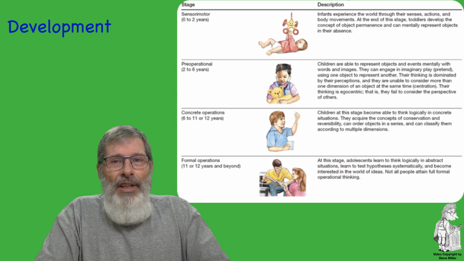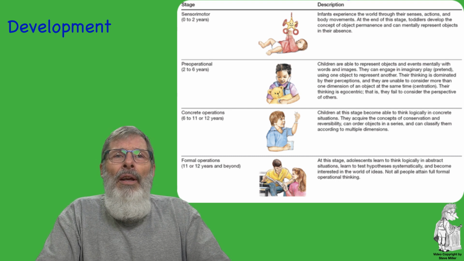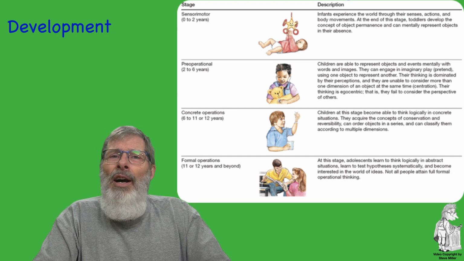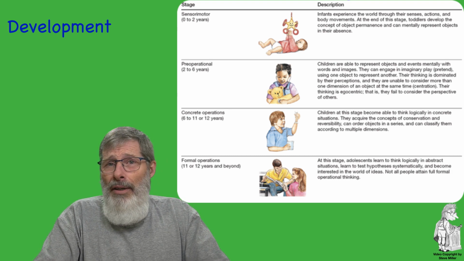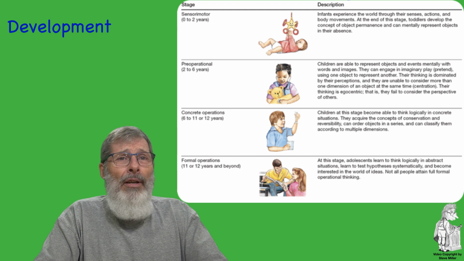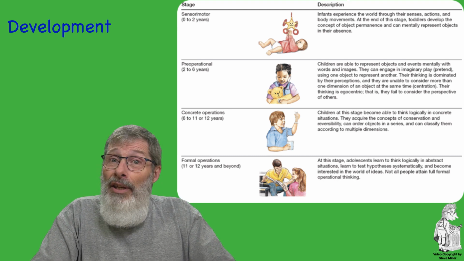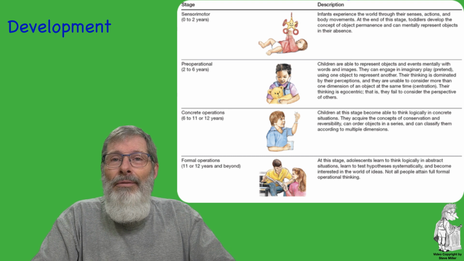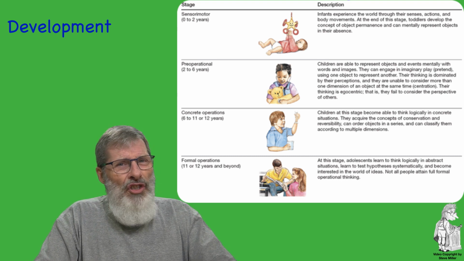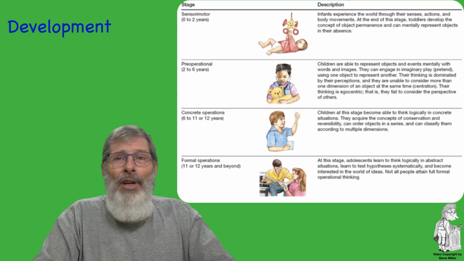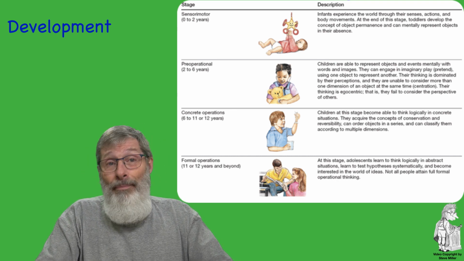The final stage of Piaget's theory begins at around 11 or 12 years of age, and it's highlighted by abstract thought. It includes the ability to classify, use of logical thought, and the ability to hypothesize. The ability to solve geometric problems, focus on multiple aspects of a problem all at one time.